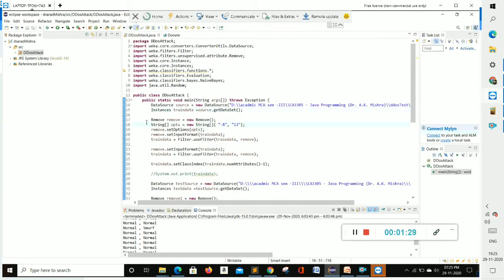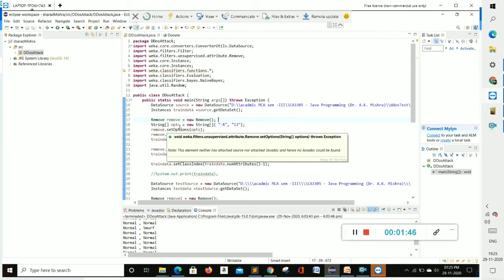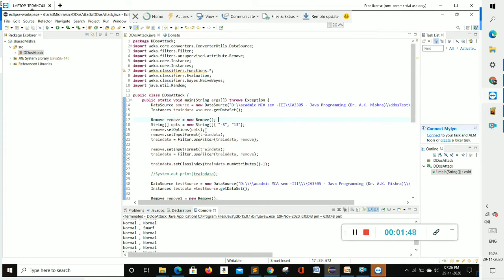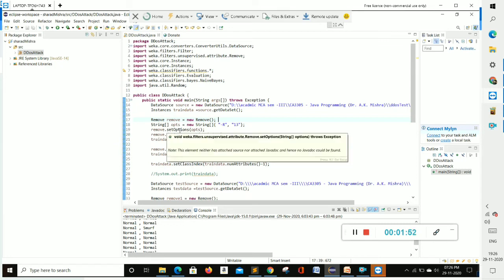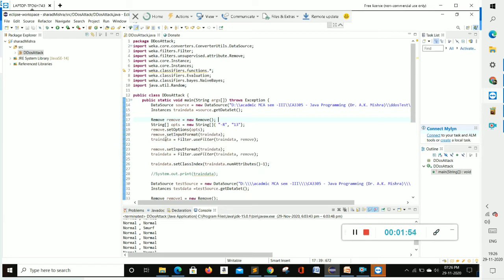Then in line number 70, I am creating an object with the help of the remove class. With the help of this object, we can remove all the garbage data from the dataset. Then we create a String opts object, and we call the set options function with the help of the remove object, and again the set input format function with the help of the remove object.